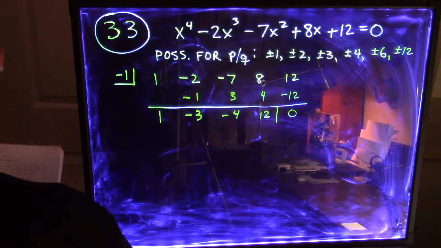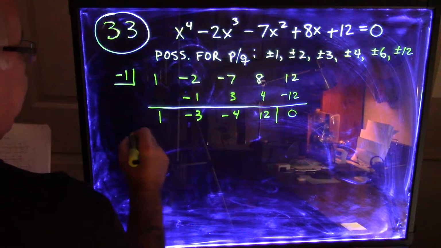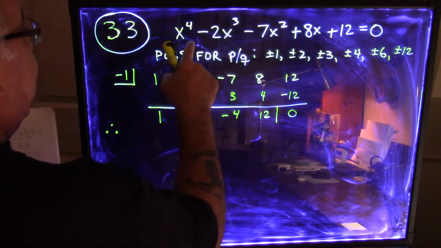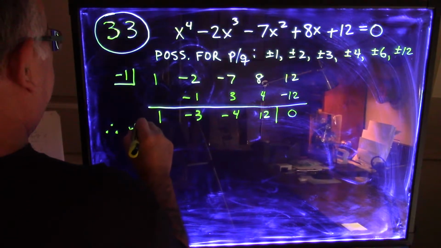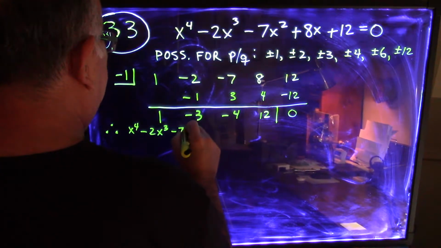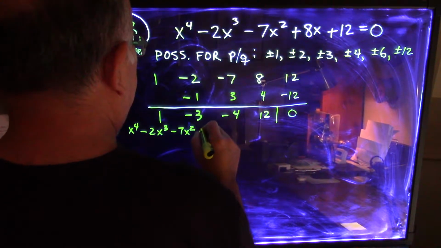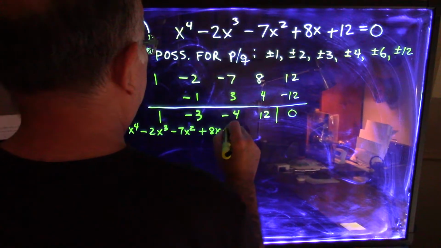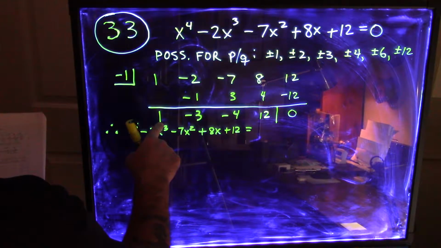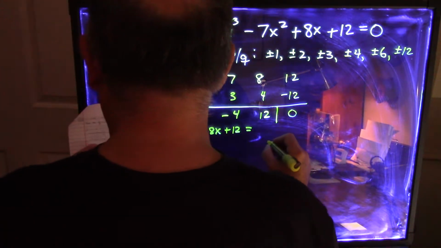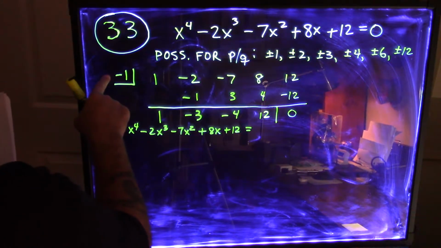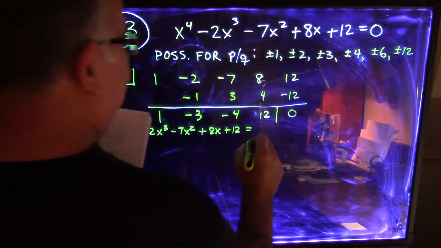That means, therefore, we can factor the polynomial x to the 4th minus 2x cubed minus 7x squared plus 8x plus 12 as, or rather we can do this part first, x minus a negative 1, which is x plus 1,